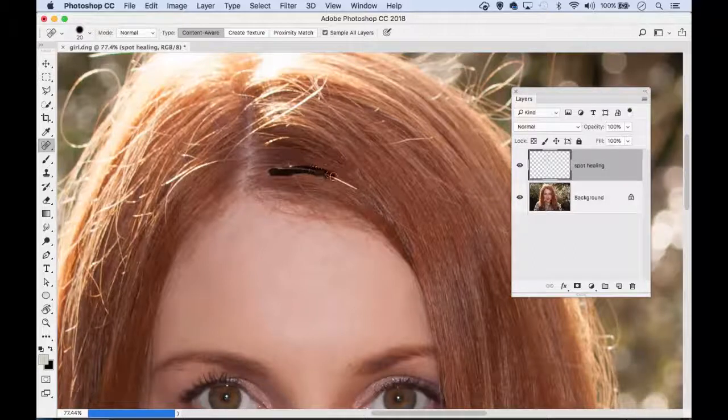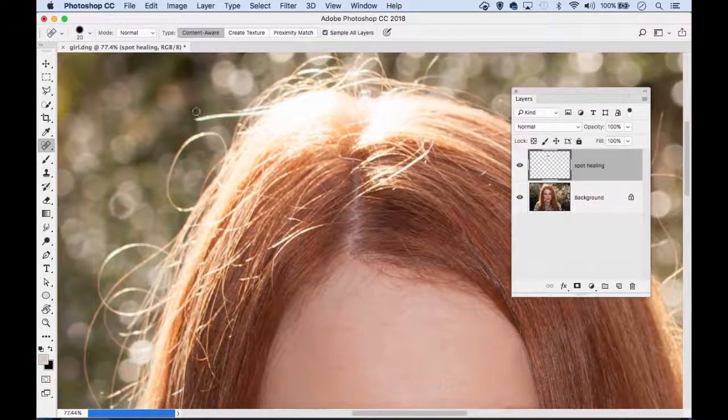That's because our portrait here is backlit by the sun. So the sun from behind is picking up and highlighting all of these little flyaway hairs around the image. And what we'd really like to do is get rid of some of them. So you can see occasionally the tool does slip up. It's not perfect, but most of the time it does a pretty good job of filling in those hairs with